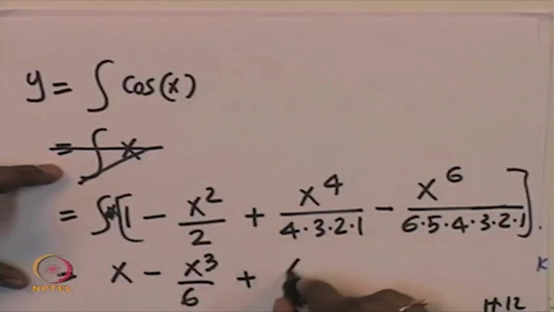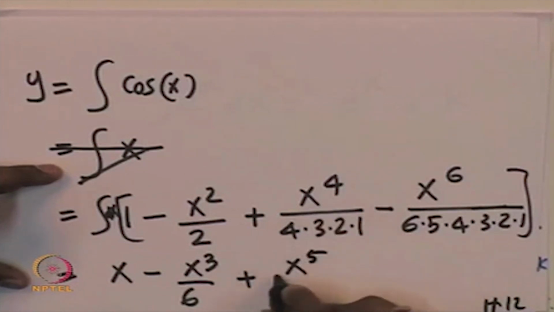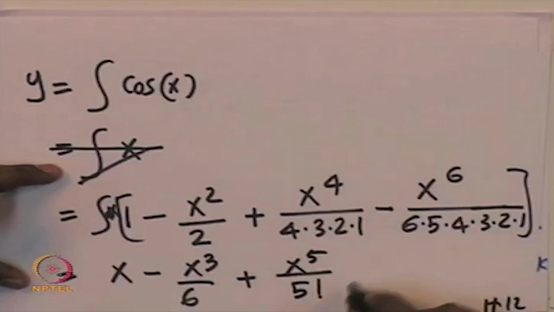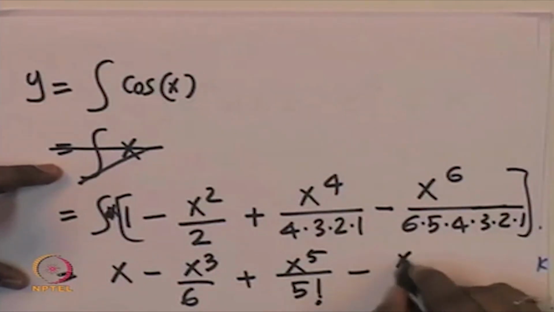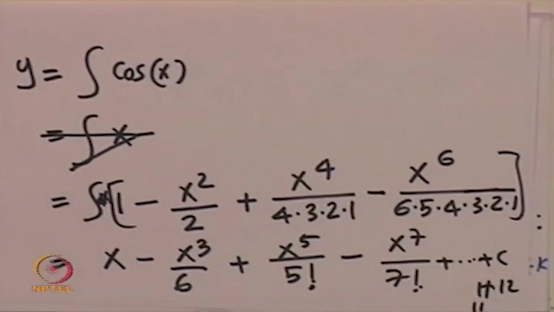So, x power 4 will become x power 5 by 5 factorial, minus x power 7 by 7 factorial, and so on and so forth, plus a constant c. So, if we do this rewrite, you will end up learning that